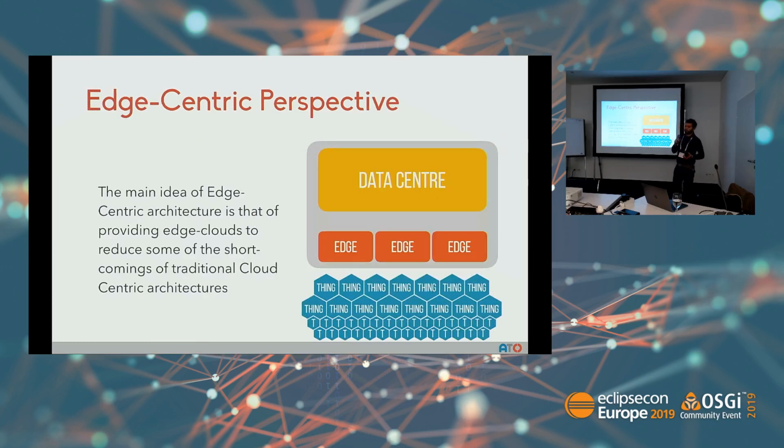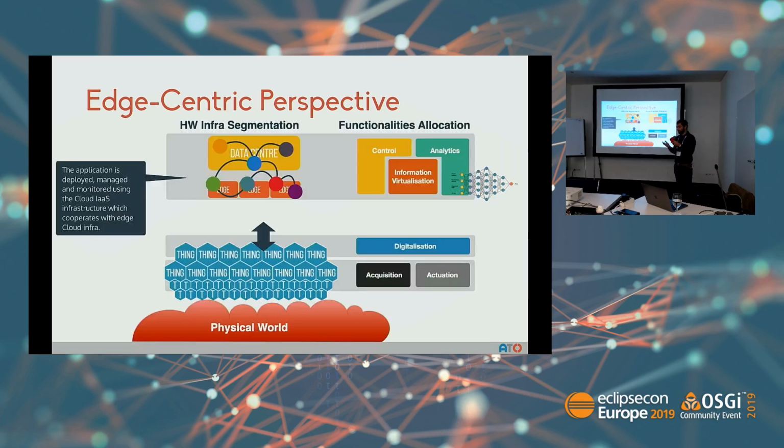Then people started talking about a more edge-centric perspective in which I have something on the cloud, and I'm trying to put the same abstraction and APIs and everything on the edge. Why? Because the edge is more similar to the cloud, because at the end they are just servers, more or less. And so it's easy to control the edge with the cloud infrastructure. And so this is mostly what's starting to happen nowadays, in which also thanks to Kubernetes and other container technologies, you have your servers, you connect your server to the cloud management system, and then you manage everything through the cloud.